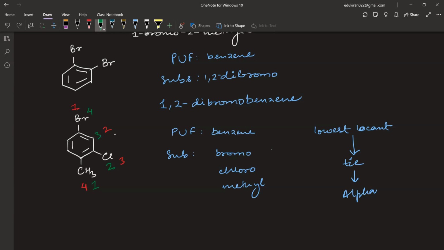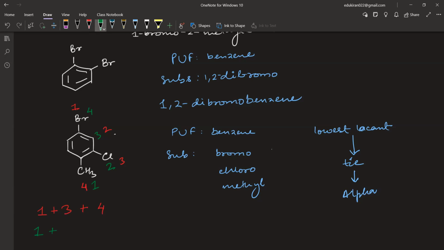Is this clear? These are the two options, yes or no? Yes, sir. Okay. Now, if I look at the red one, we have a substituent on the first carbon, then the other substituents on carbons 3 and 4. For the green one, we have